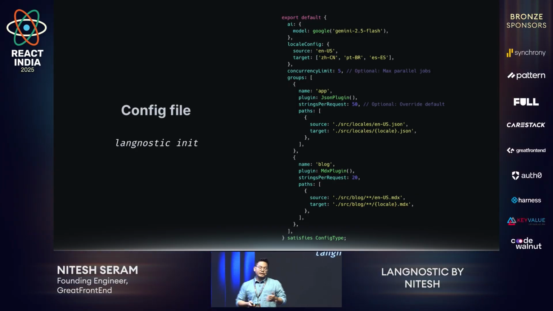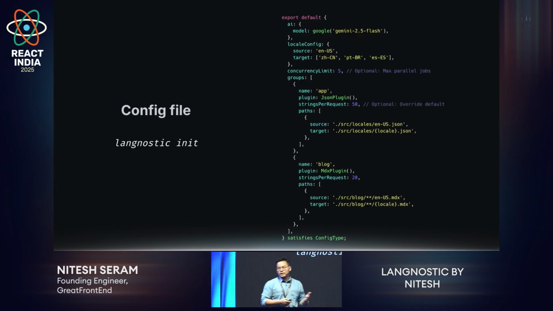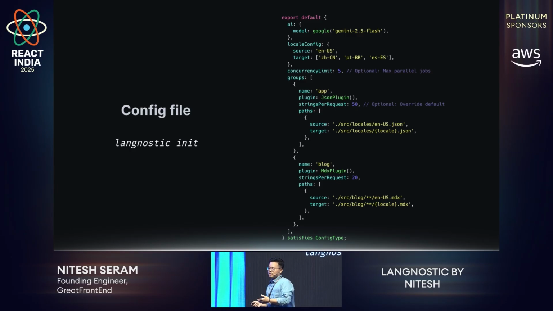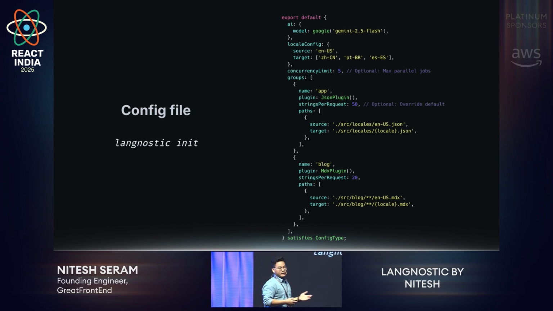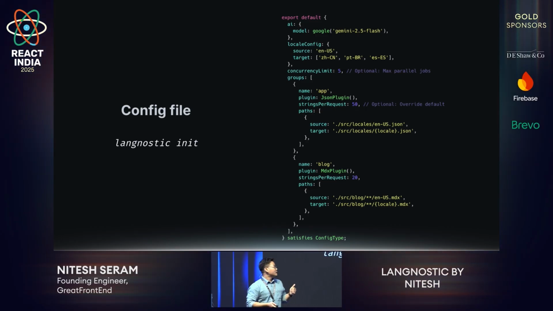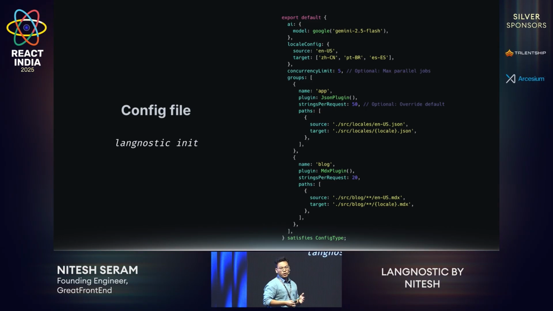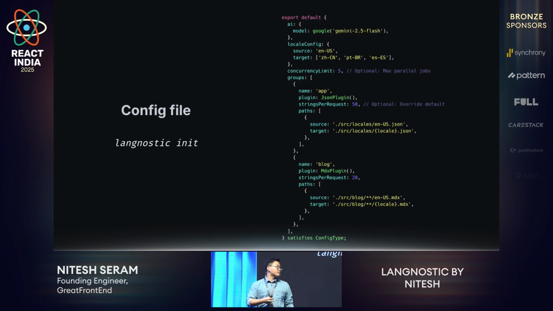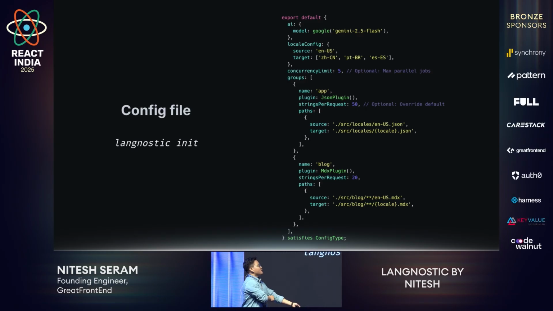The second important thing is the config. You define what your source locale and your target locale are. And then the next is the concurrency limit. This defines the maximum number of translation jobs you want to run in parallel. And the next is the groups. Groups are basically collections of files that share the same processing rules or the same file type. If you see the first group, it's a collection of